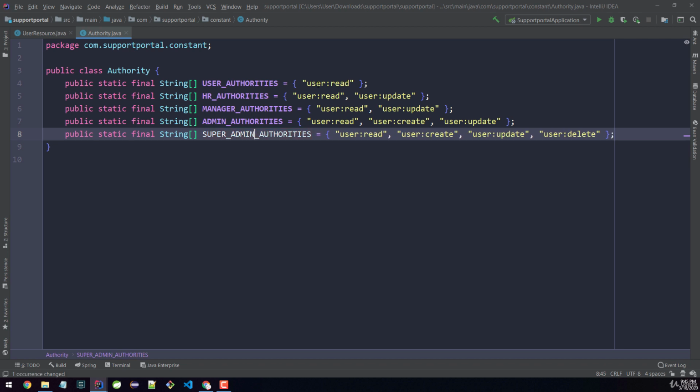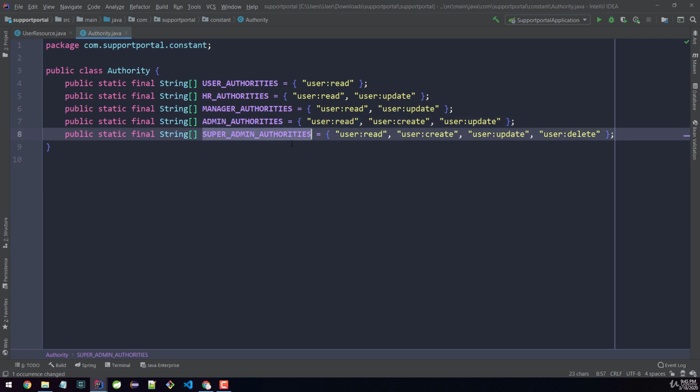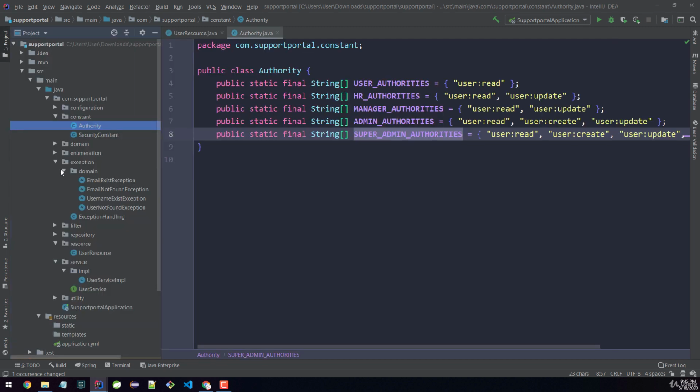So this is one thing. This is supposed to be super admin authorities, right? So from admin authorities to super admin authorities. So next I want to go into the